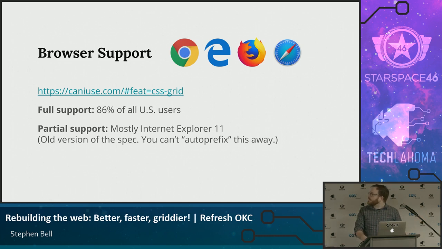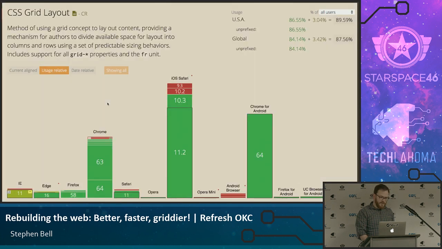I would also encourage you that if you're wondering if you can use CSS Grid on a specific website, you can import your data from Google Analytics into CanIUse. So I can see, for this specific website, how many people can use this right now. So this is what it looks like on CanIUse. You can see most of these people have the